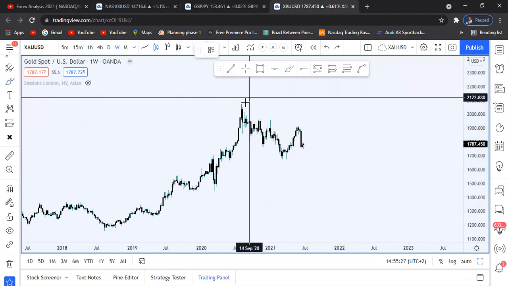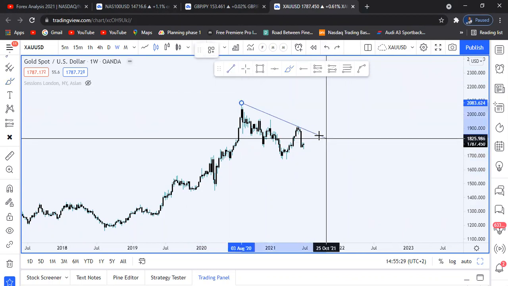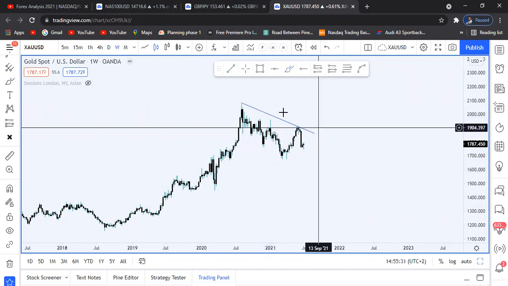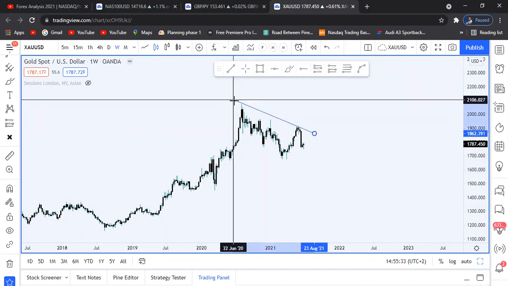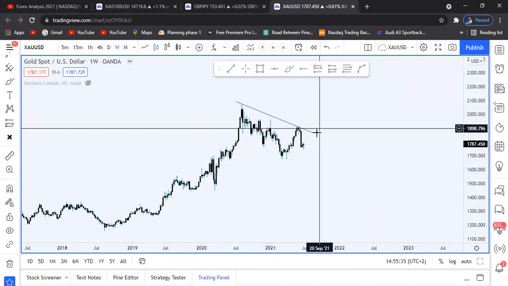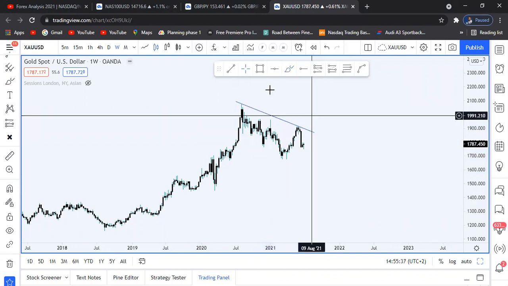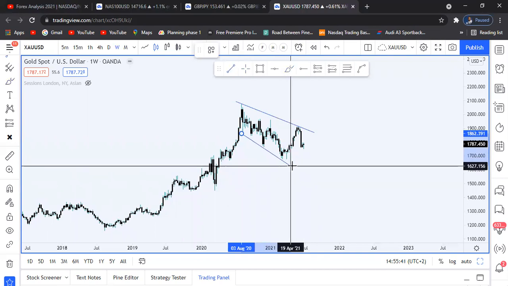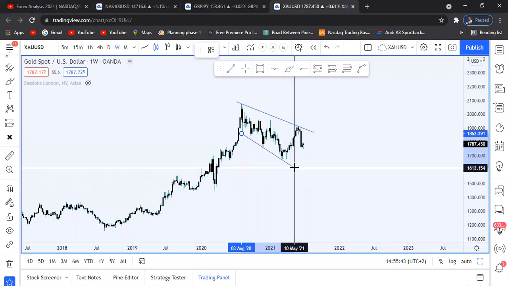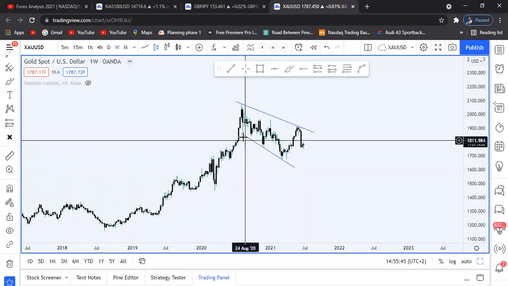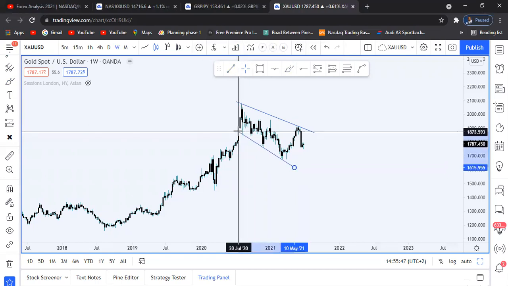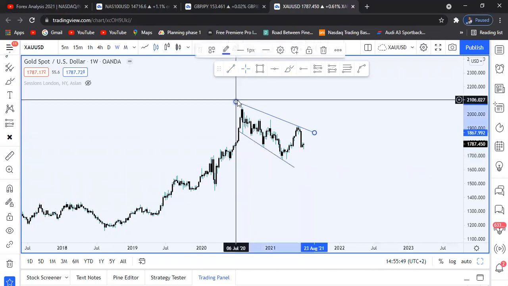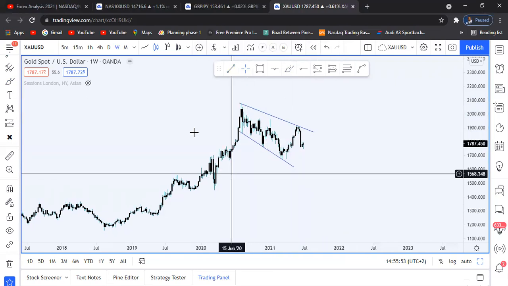So without further ado, guys, let me just draw my trend lines. We have an upper trend line here, guys, and then we also have this lower trend line here. I'm just trying to be as accurate as possible, guys. Remember, when drawing trend lines, you need to be as accurate as possible. You don't want to be drawing a trend line to a point where you think it's a breakout, only to find that it's not a breakout.